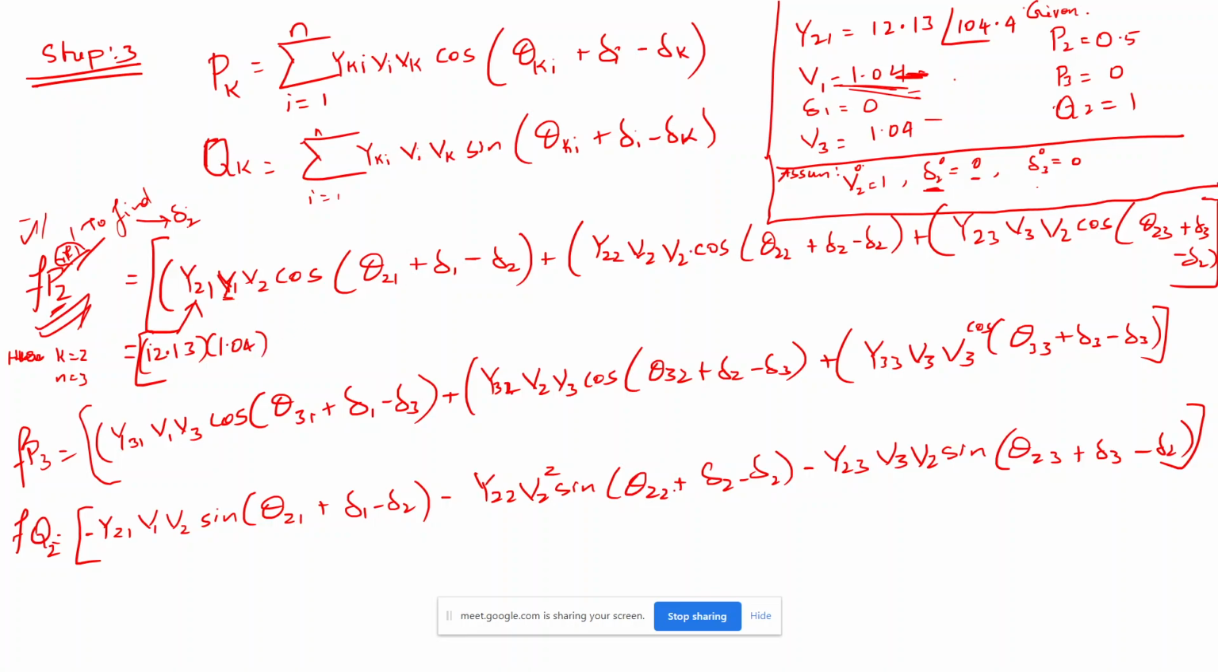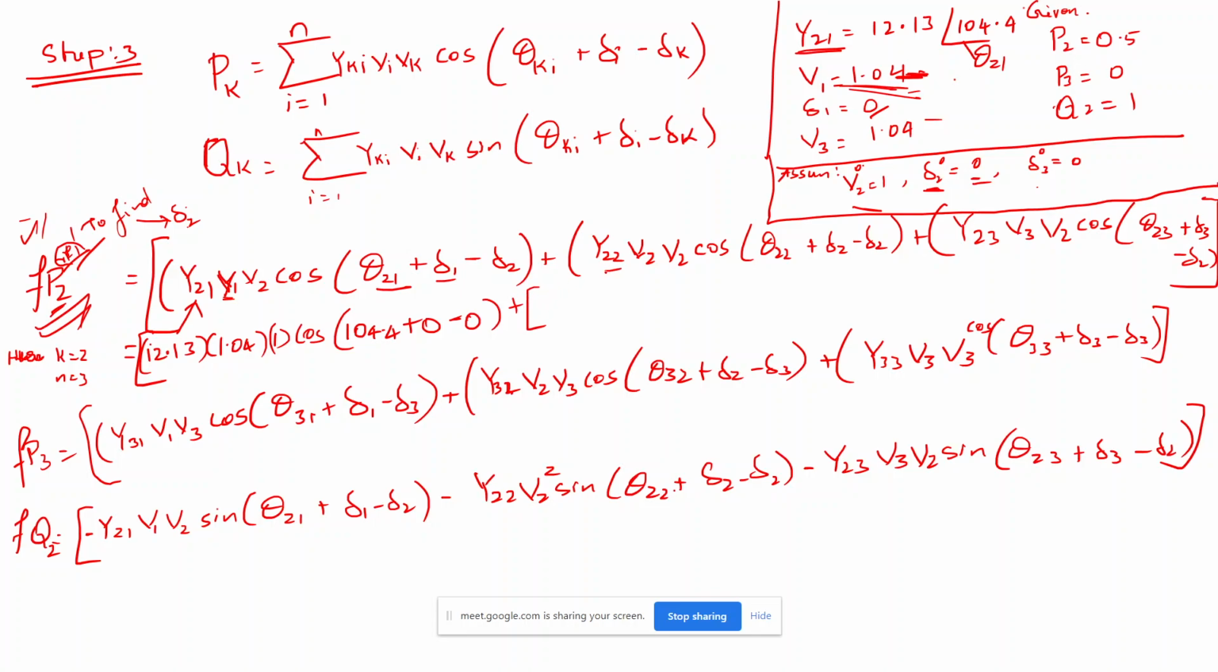And then what is the v2 value? V2 we are going to assume as 1 as a slack bus, and then cos theta 21. Theta 21 value is, as it is from the Y bus, 104.4 plus del 1 value. Del 1 is 0 minus del 2, which we are also assuming as 0. So it is 0 plus